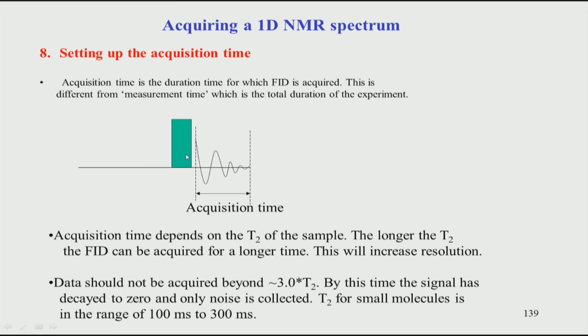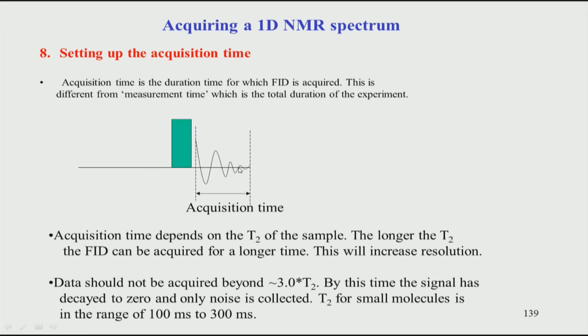Now, what we will see now is what are the parameters to be looked at after the 1D pulse is applied. So, this is shown here. This is the 90-degree pulse which is shown as a typical pulse program. So, we saw before this what all we have to do up to this point. Now, after the pulse is applied, then you have the signal which is called FID. So, this is the induced current, the EMF which is induced in the coil, and that is detected as an FID.